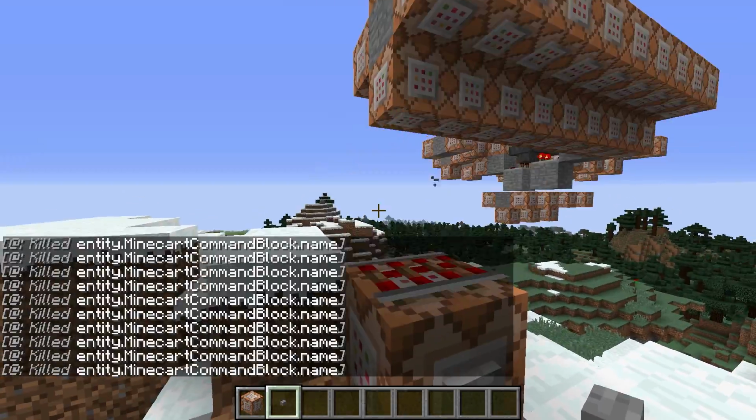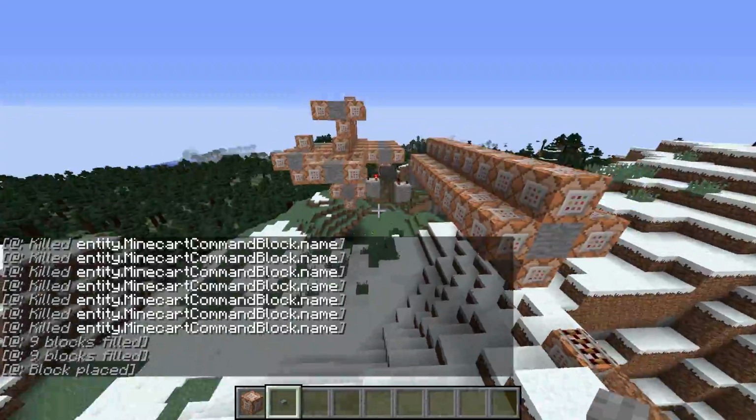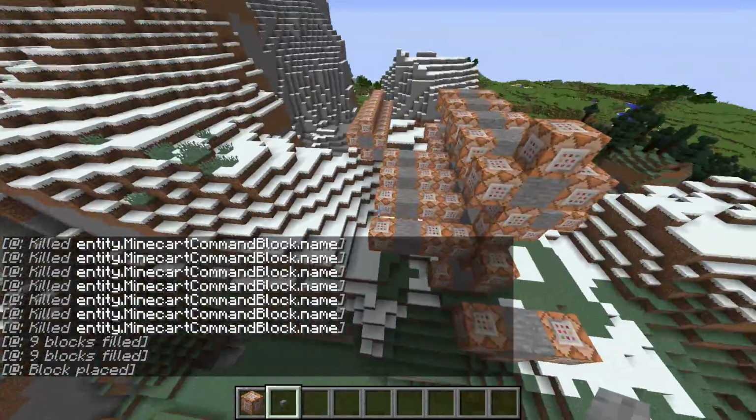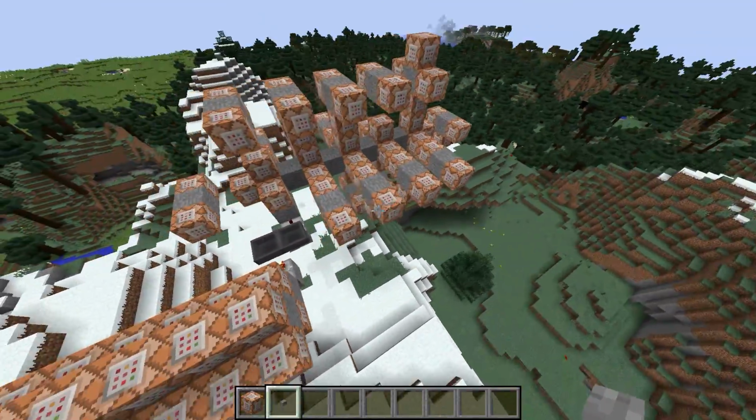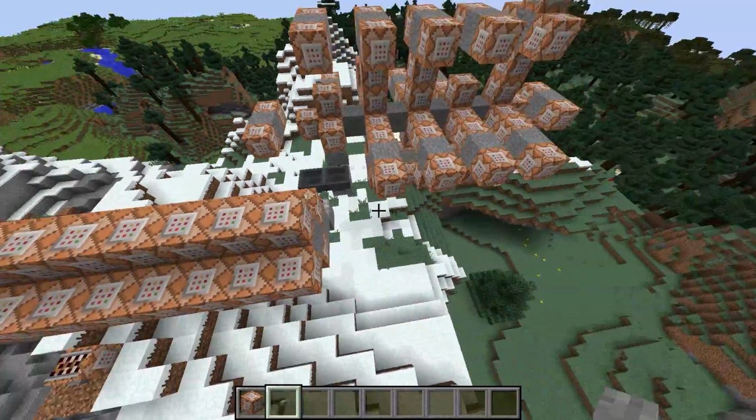So let's press the button. That will spawn us this monstrosity of a command block contraption. It's bigger than last time. There's this weird space station looking thing here. And the way I've constructed this time is that...